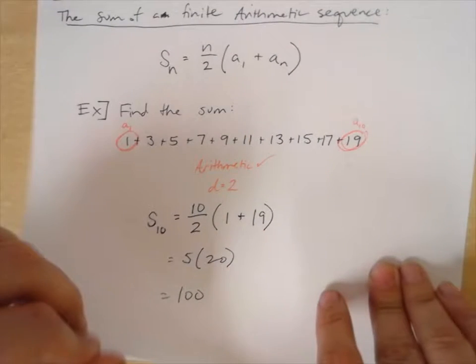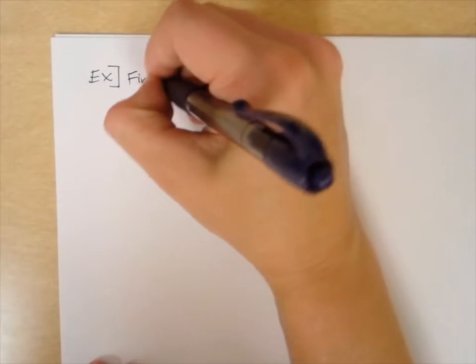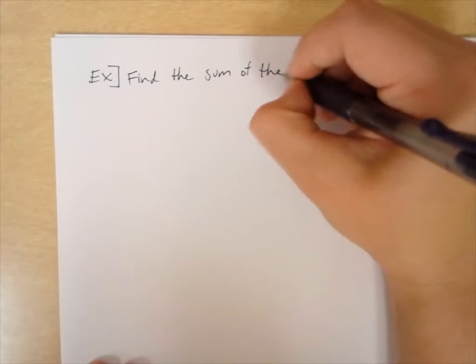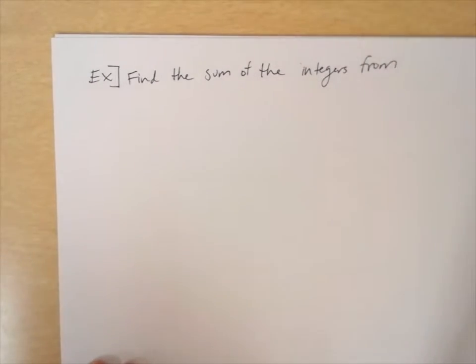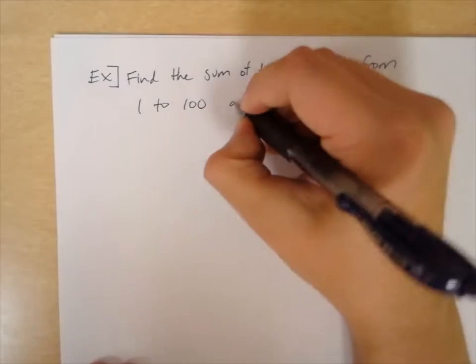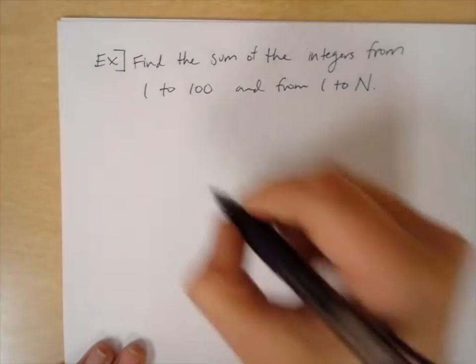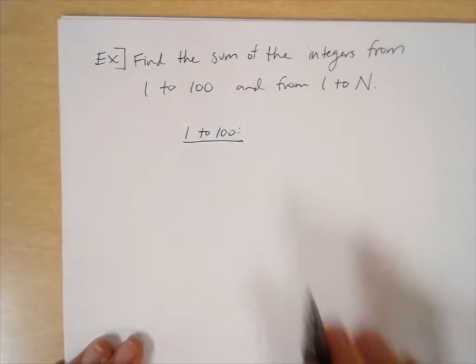Let's do another example. Let's say we were asked to find the sum of the integers from 1 to 100, and from 1 to capital N. So for the 1 to 100 case, I'm just going to say that right here, 1 to 100, what I would do is